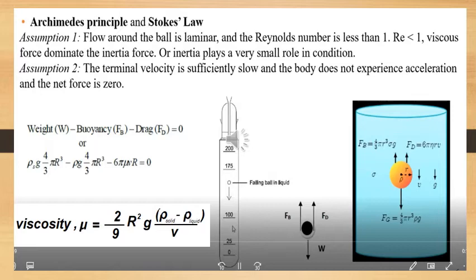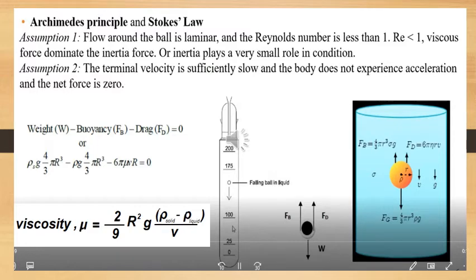So with our equation here, if we substitute a value, that is the density of the solid times the gravitational force times the volume, which is 4/3 pi r cubed for the volume of the sphere or the ball, minus the buoyant force, which is the density of the fluid times the gravitational force